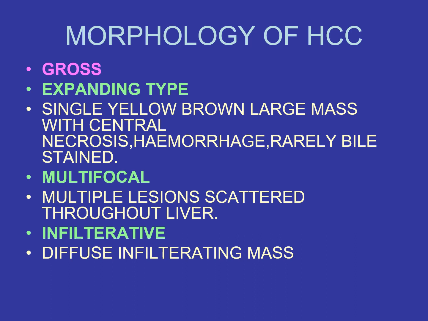Morphology of the hepatocellular carcinoma, if we talk about the gross morphology, it is normally in three forms. Either there is a single expanding lesion, or it may be multifocal or infiltrative. What is meant by single lesion? You may see a single large yellow-brown mass with central necrosis, hemorrhage, and it is rarely bile stained